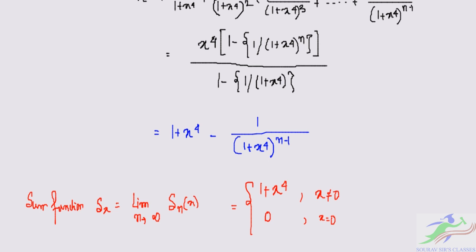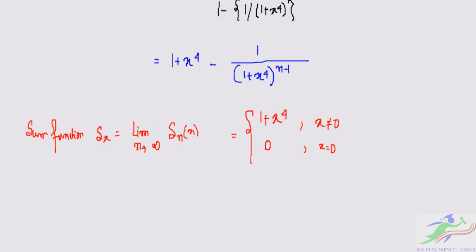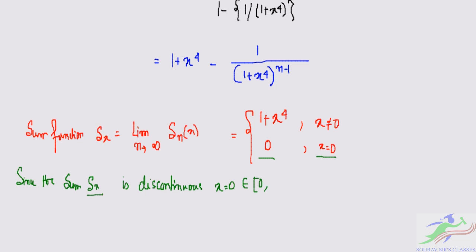You can see that the sum is 0 at x equal to 0. So this sum function S(x) is discontinuous at the point x equal to 0, which belongs to the closed interval 0 comma 1. So the given series is not uniformly convergent